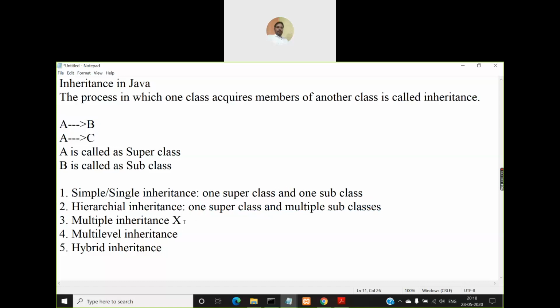Then coming to multiple inheritance, anyhow we will not be implementing this multiple inheritance in Java, because Java does not support multiple inheritance. So coming to multiple inheritance, there will be multiple superclasses and one subclass.